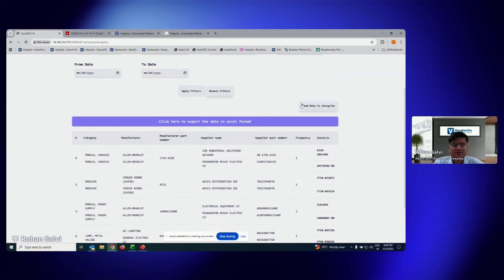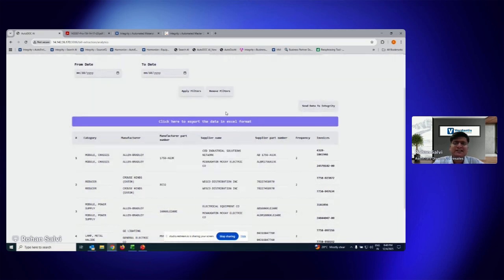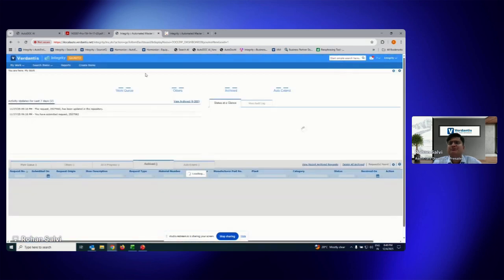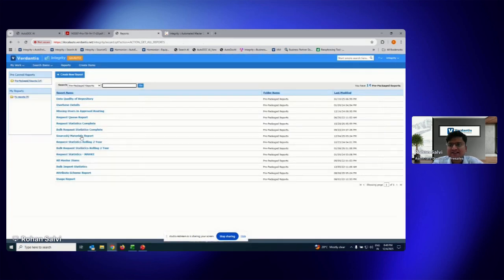So this is where things get interesting. When I send it to the governance platform, what the governance platform does is it would create a report. And let me now go to the governance platform. So let me log in to Integrity. Okay, we log in. So session has timed out. Okay, so now here I should be able to view reports, and I can see the Source IQ materials report.